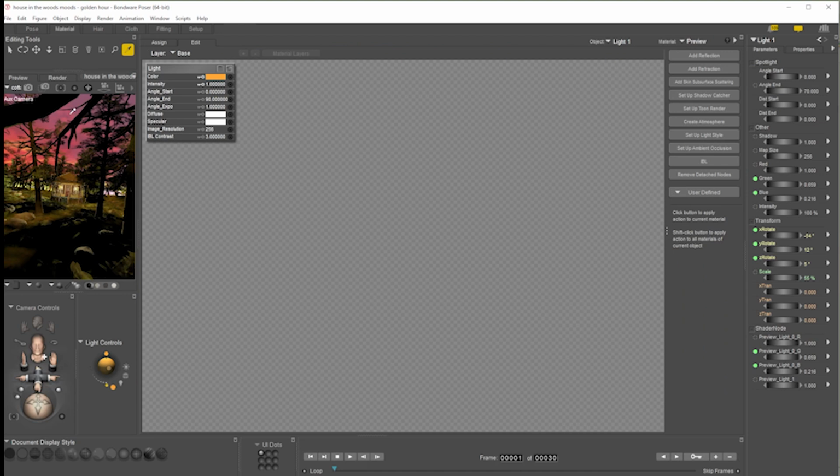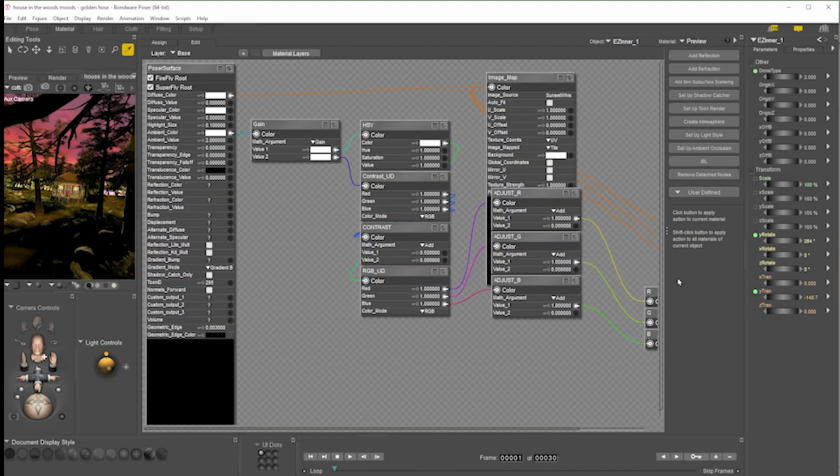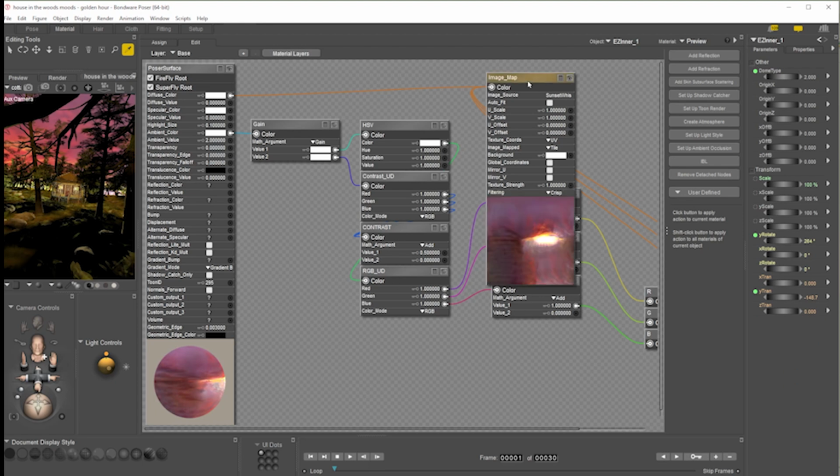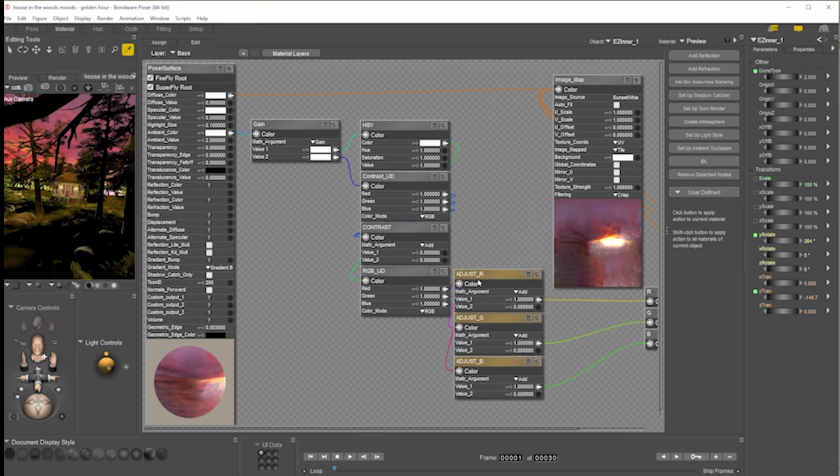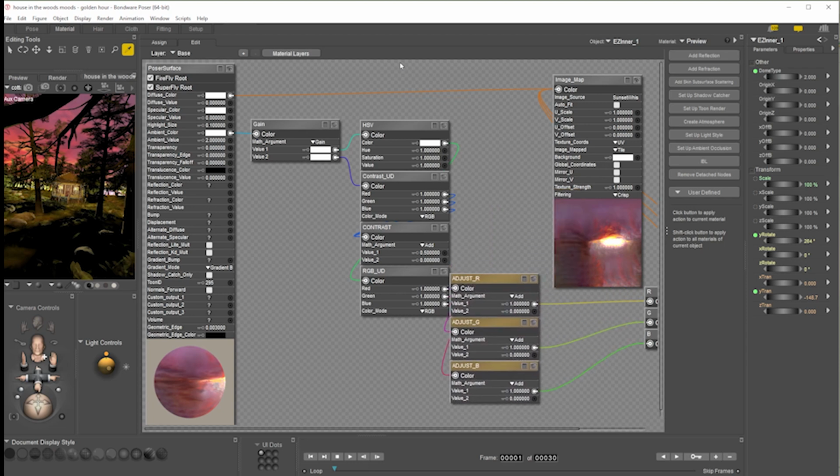So I'm just going to click on this preview here, and here's the Skydome. All of this stuff is not needed. These are just adjustment levels that Snarly built in so that you can change the colors and the brightness. But really what it is is a Skydome. It is an HDR image, and the HDR image plugs into the diffuse, although I'm not quite sure why, because it's turned to 0. But the main thing that it does is it plugs in through all of this stuff